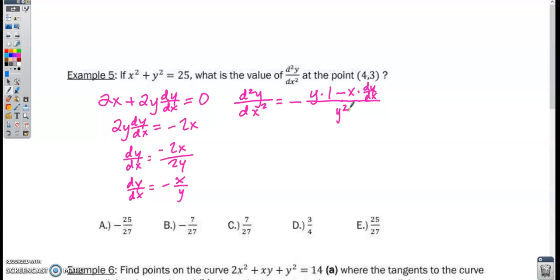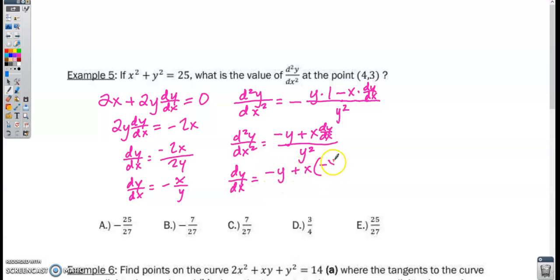And then what I want to do is simplify this, and I want to replace the dy dx with the opposite of x over y. Actually, you know what? Before I make that replacement, I'm just going to go ahead and simplify the numerator and distribute this negative sign in. So that gives me negative y plus x dy dx all over y squared. And when I substitute negative x over y in, it becomes x times negative x over y